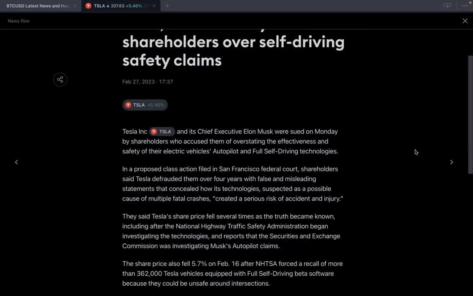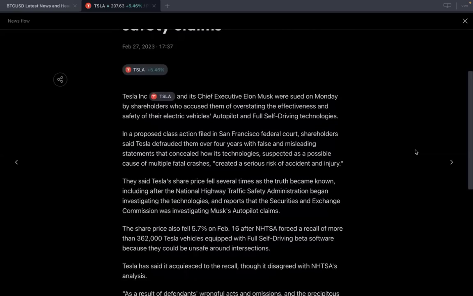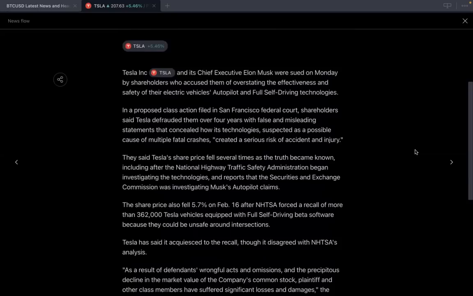They said Tesla's share price fell several times as the truth became known, including after the National Highway Traffic Safety Administration began investigating the technologies and reports that the Security and Exchange Commission was investigating Musk's autopilot claims. The share price fell 5.7% on February 16th after NHTSA forced a recall of more than 362,000 Tesla vehicles equipped with full self-driving beta software because they could be unsafe around intersections. Tesla has said it